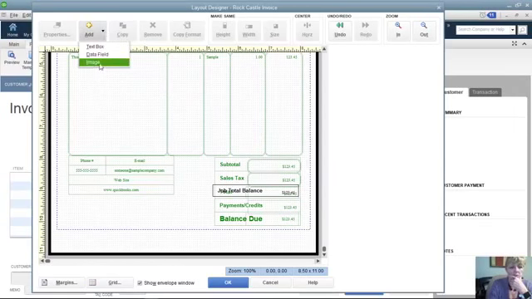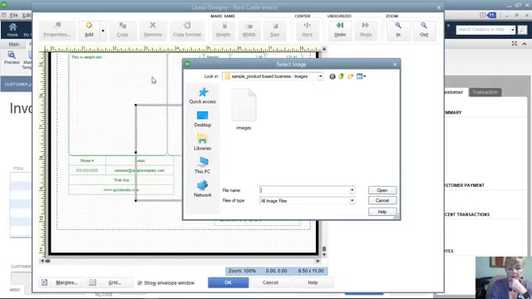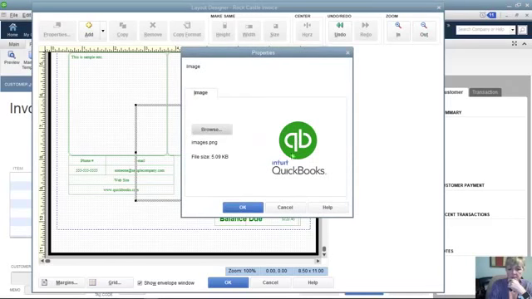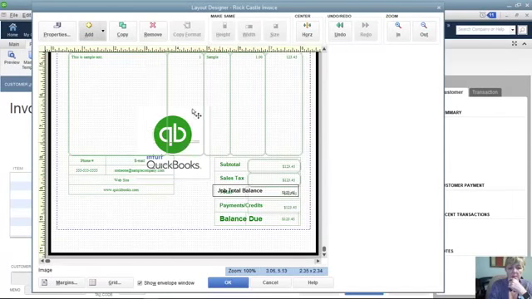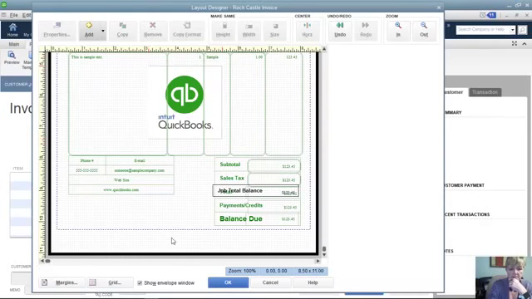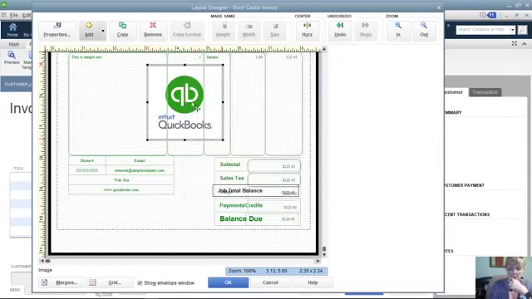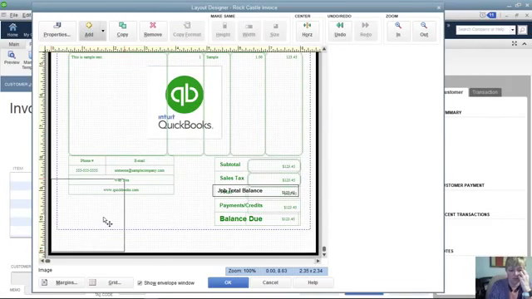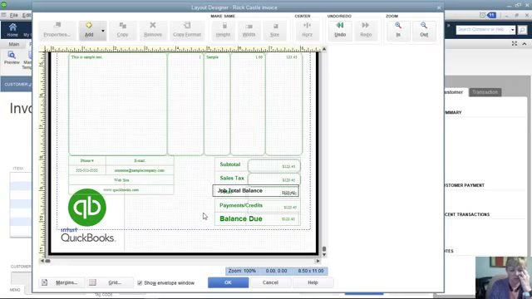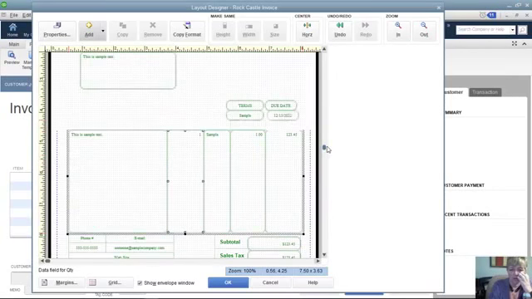You can add an image. So maybe we want to add a watermark. And we're going to put it in the middle, and it's going to fall behind all the other stuff. If you have it set up as a watermark, then you can use it as a watermark, or maybe you want to put it down in the bottom corner. So this is a construction company. Maybe they want to put a hammer. So there's just some brief ideas of things that you can do to customize your